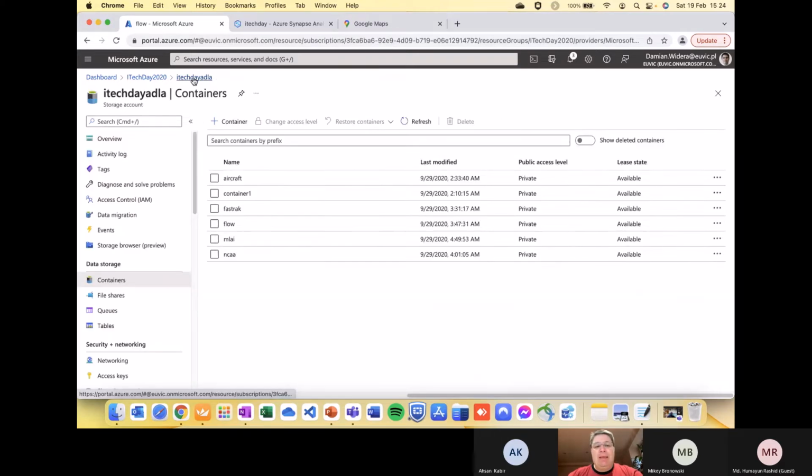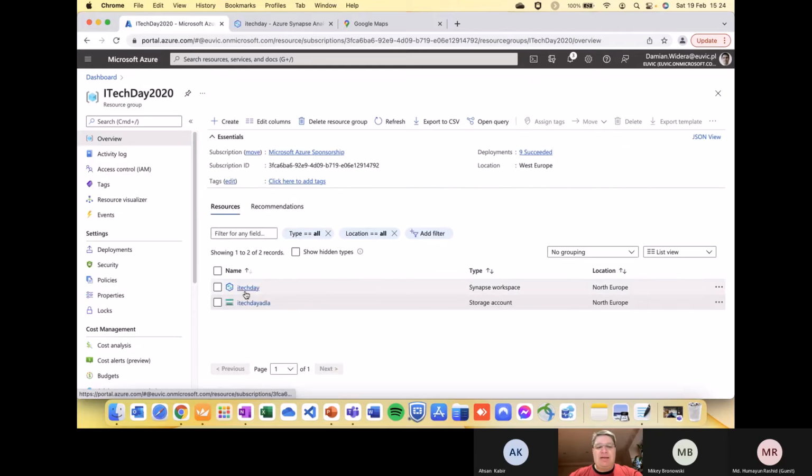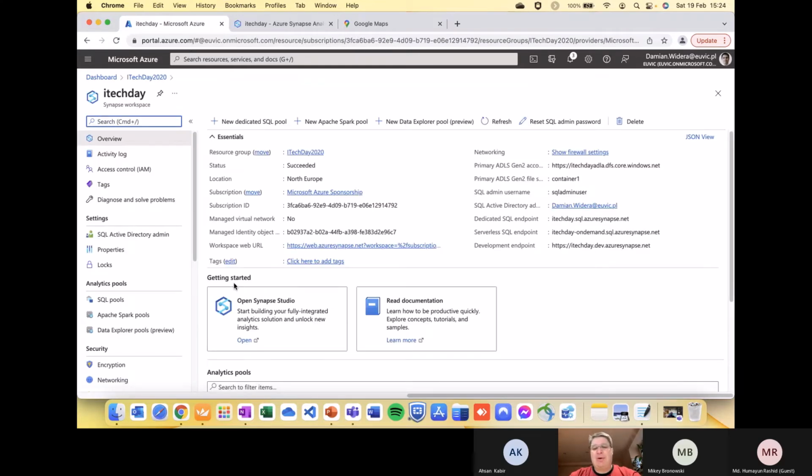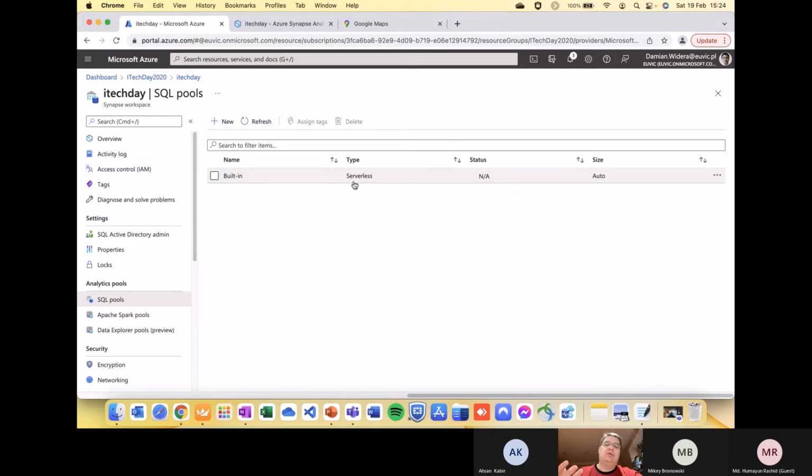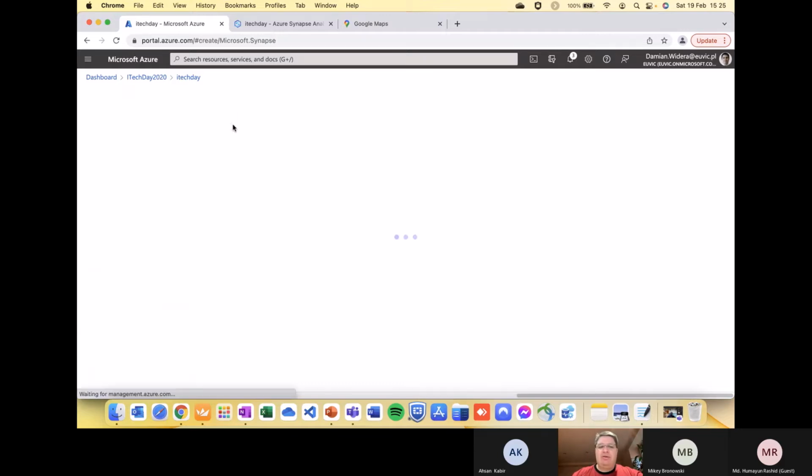From the Synapse perspective, once the service is up and running, what you can take a look at is, first of all, that you have this serverless pool. But with the serverless pool, you cannot do much, because the serverless pool is always available. As I have mentioned, you cannot control it. So you do not have predictable performance on it, but you can do a lot of on-demand tasks. If you wish, you can create the regular, dedicated Synapse pool,